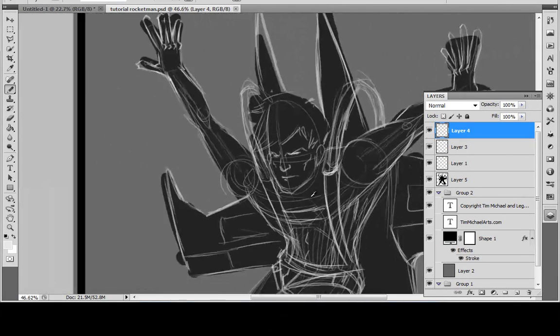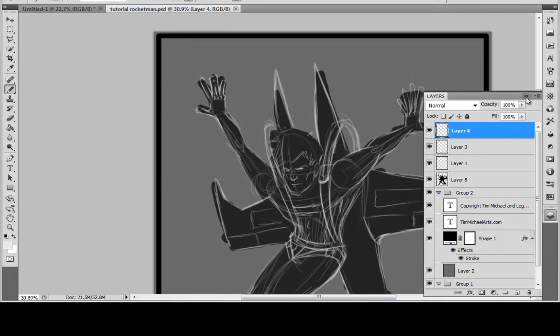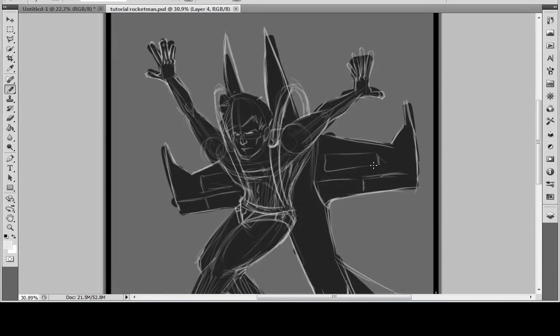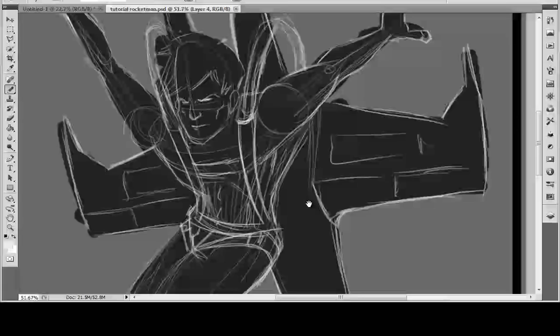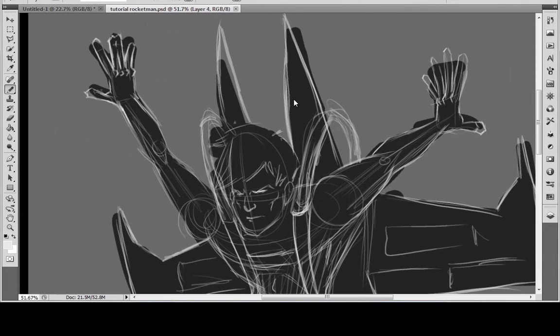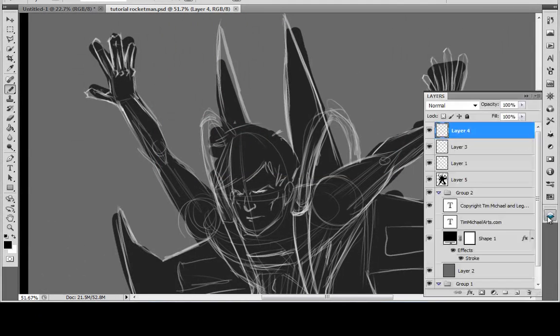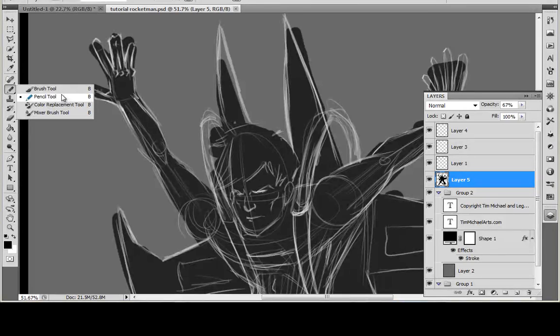So anyway, if you've watched the previous 2 videos, this is the character that we are working on. Rocket Man. I have no clue what we'll actually call him or what he will be doing. But the preliminary concept is done. I am going to go in and fill some of these areas here with black just to make sure that that color is settled for him, because I'm thinking I'm just going to continue using this black that I've already chosen